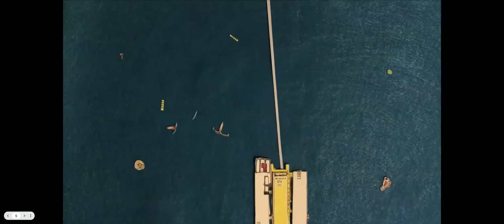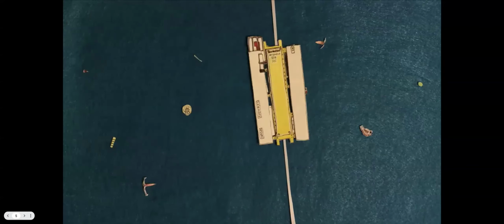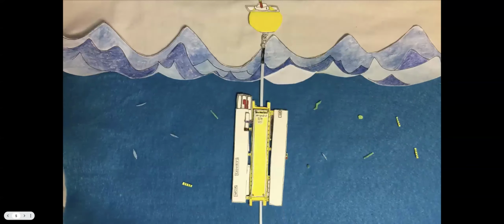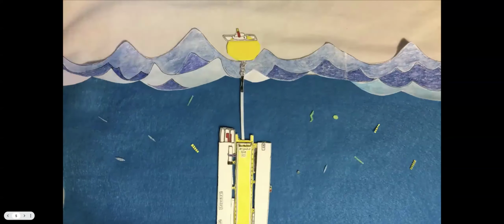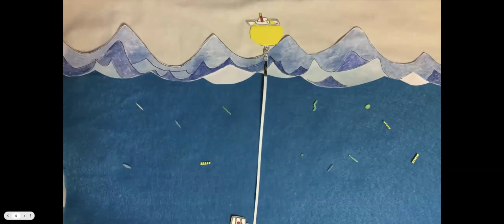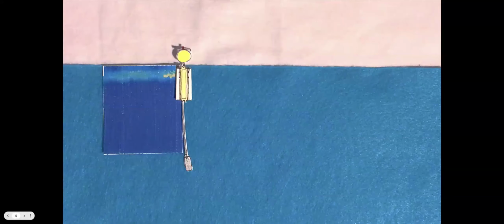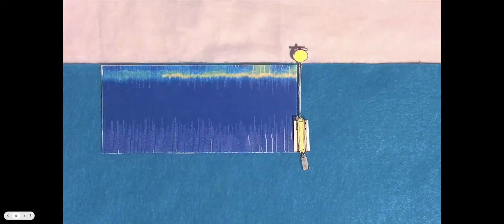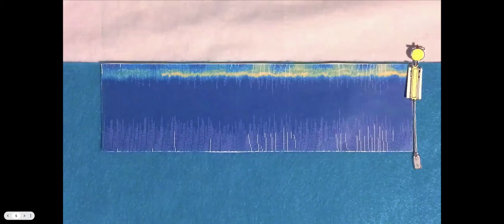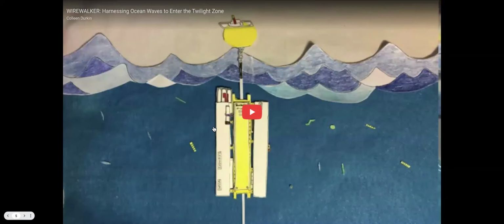And the vehicle is ballasted to float. It's positively buoyant. So the waves push it down with a wave motion. And then once it gets to the bottom, that mechanism is released and it simply floats back up to the surface, where the mechanism is re-engaged and the waves push the vehicle down again. And so by doing this, we're able to create this map of the ocean properties that's got observations at all these different depths. And if it's moored, it can be all the way from the surface to the bottom. And we're able to track that in time. And so this disambiguates the ocean variability in a way that single point measurements